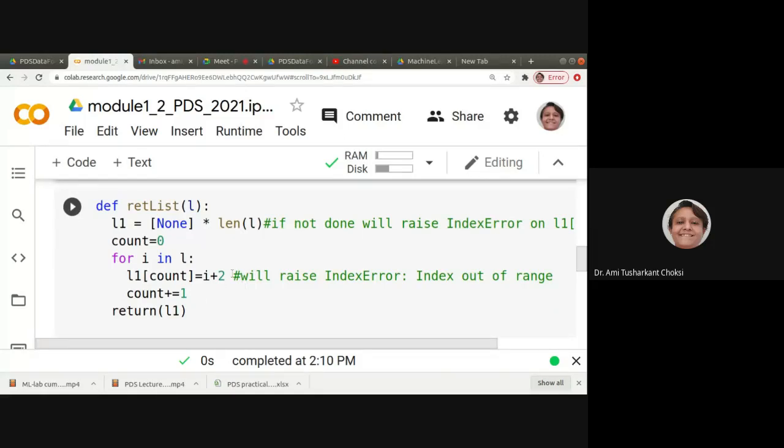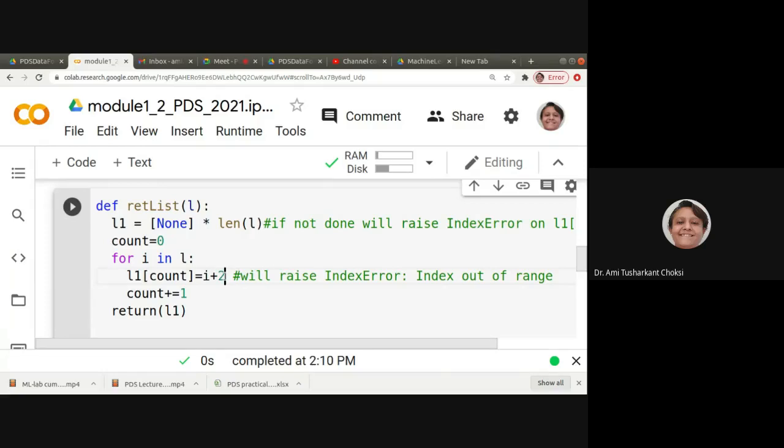Now, what we want to have is a function which returns a list. Okay. So what is defined in this function? That is L1 is equal to None multiplied by len of L. Whatever is the list passed to this function, for that, what we want is the value, whatever is there, plus 2.